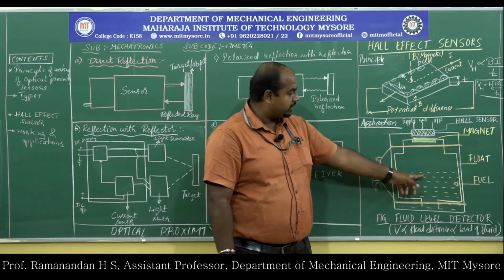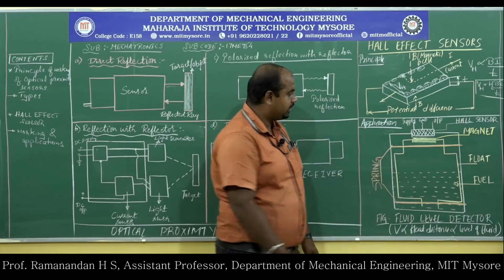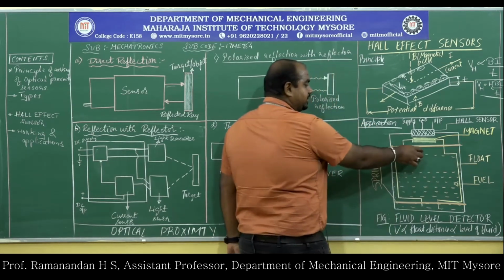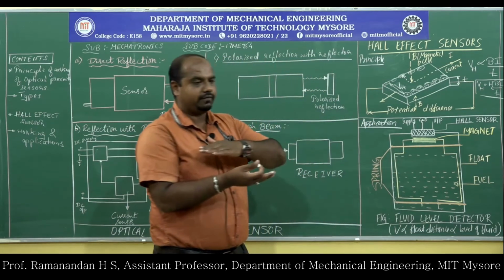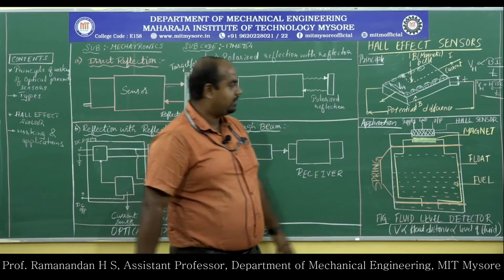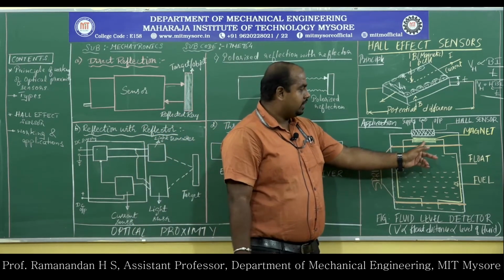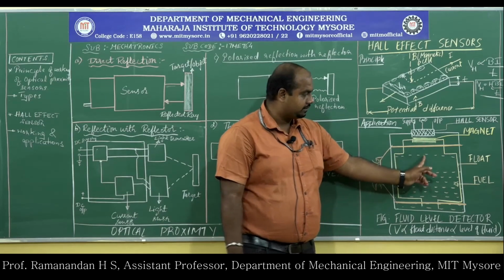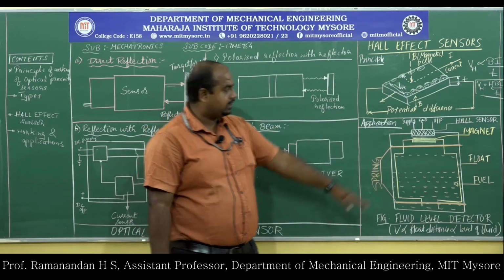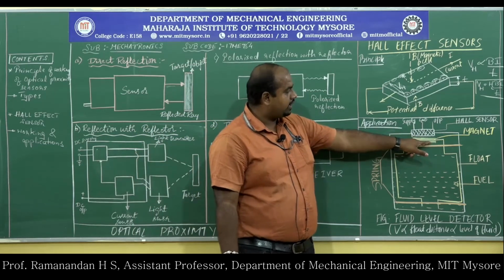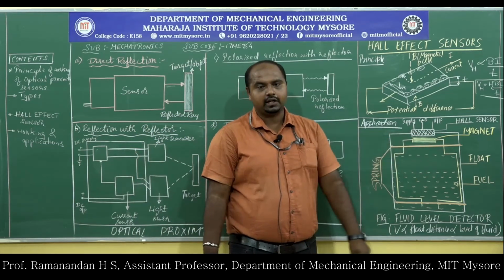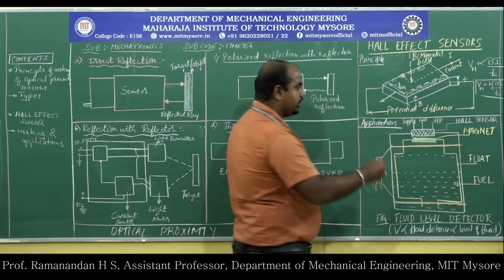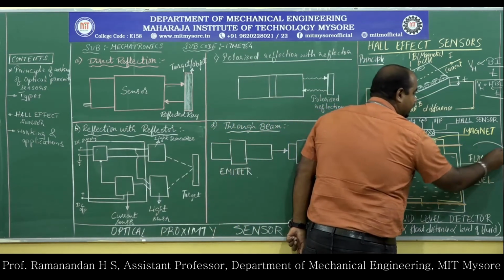So whenever the fluid level is at the topmost, say for example the fuel tank is full, the magnet is closely approached by the float. The magnet is attached to the float, and the magnet is closer to the electrical output. That makes the deflection too high. So in your dashboard, the reading will be showing full.